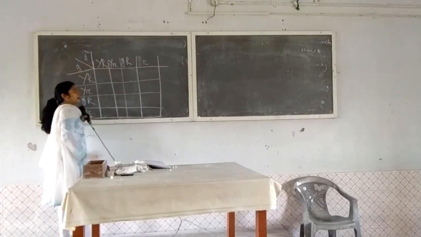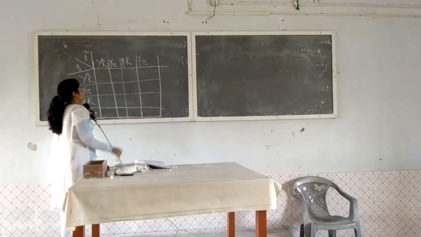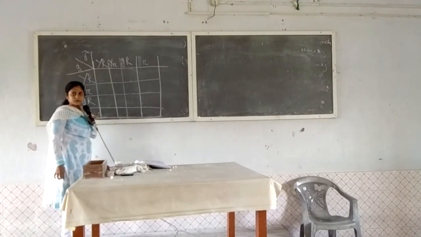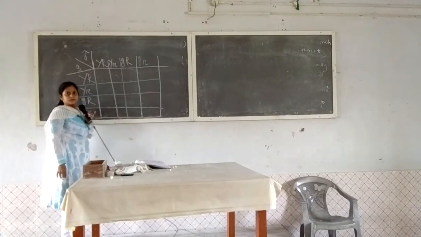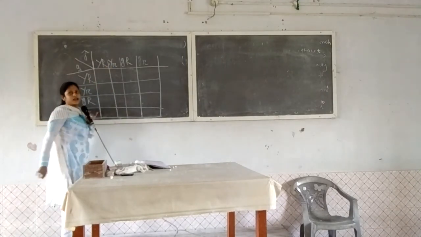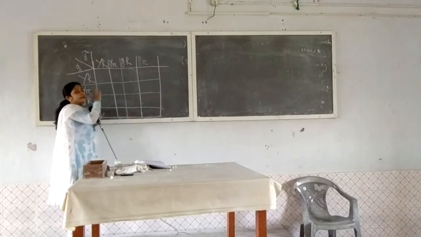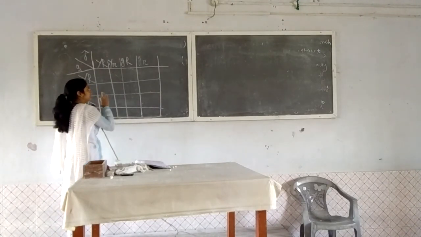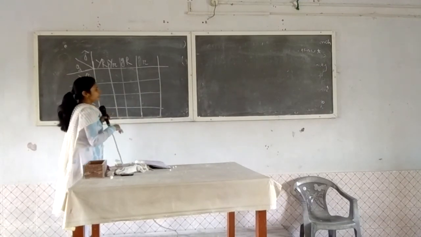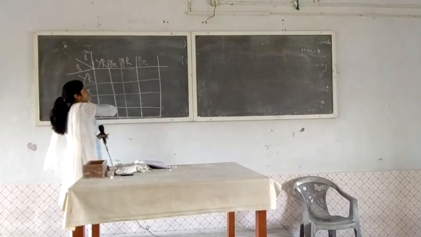Capital Y capital R is for yellow round seed. And capital Y and small r is for yellow wrinkled seed. Small y capital R is for green round seed, and small y small r is for green wrinkled seed. Then he hybridized